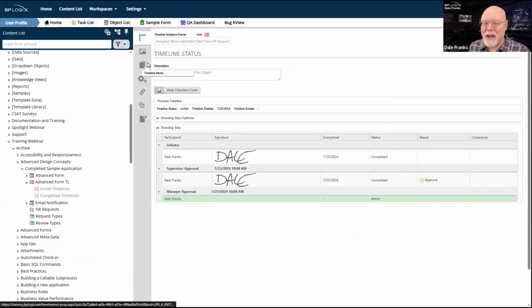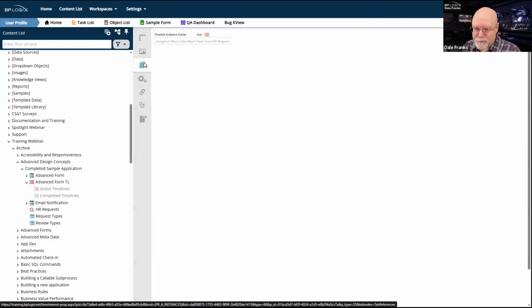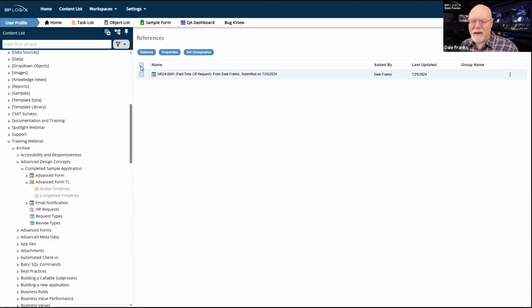But once again, now that we're talking about editing the form, we're going to do a couple of things. First thing we're going to need to do, and the only time we need to do this, is if we're going to edit the form itself. In fact, let's just go ahead and take a look at the form before we do it.